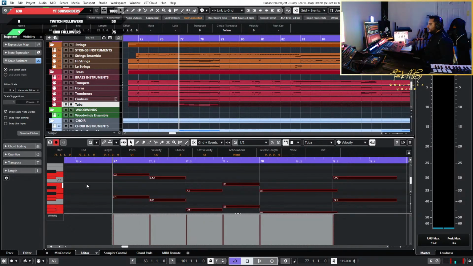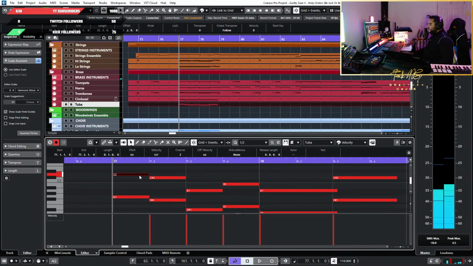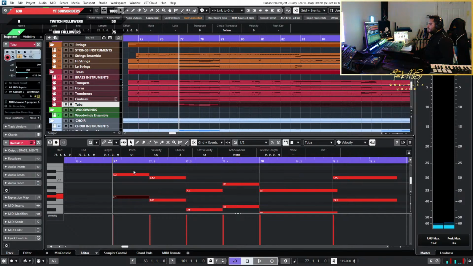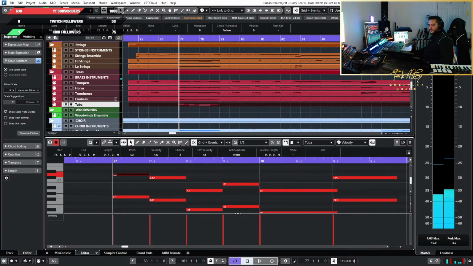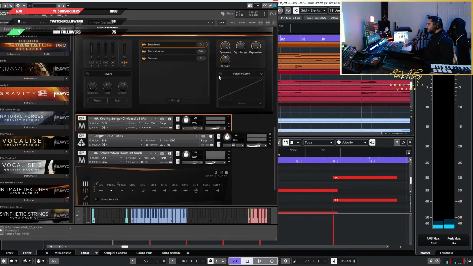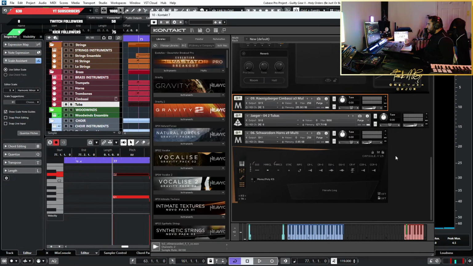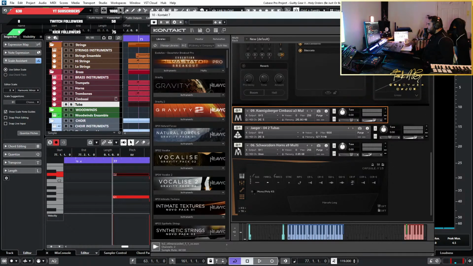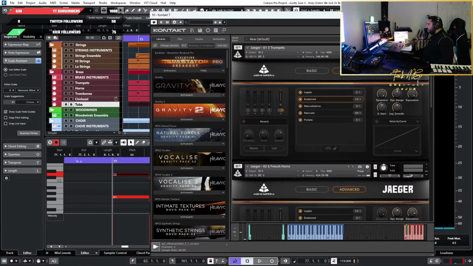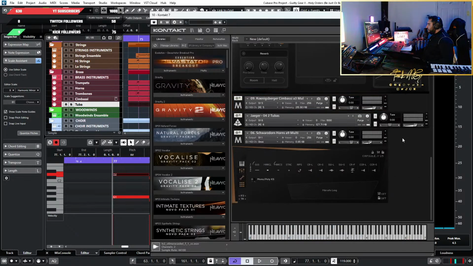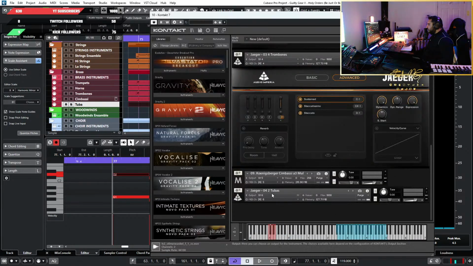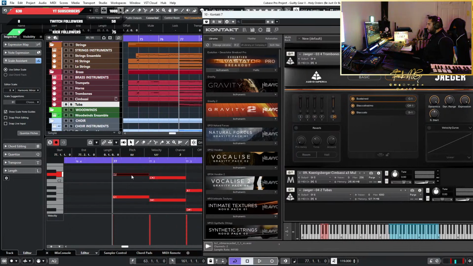Tuba, obviously. Is this playing tuba? Yes, it is. No, it's not. Okay, good. Now we figured out what we've done wrong. So first, I haven't even routed. Right, okay, yeah, we don't need this anymore. We were experimenting with the horns here, we don't need this anymore. Tuba. Okay, let's